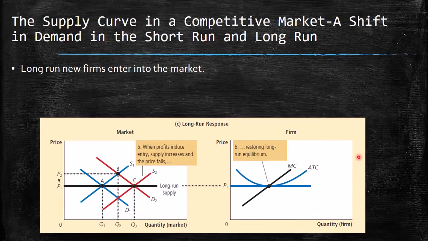Then when you see that there is a positive benefit, more firms are interested in entering the market. So for this reason we have a shock on supply. This shock on supply means the supply shifts to the right, it increases, until the long run supply again. So we go from B to Z, and immediately we have lower prices